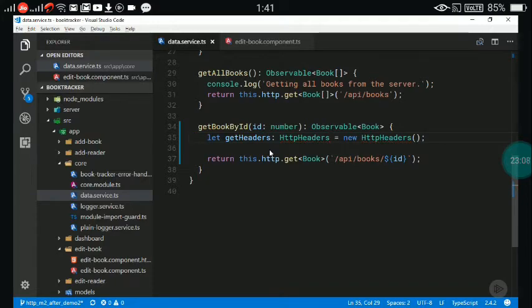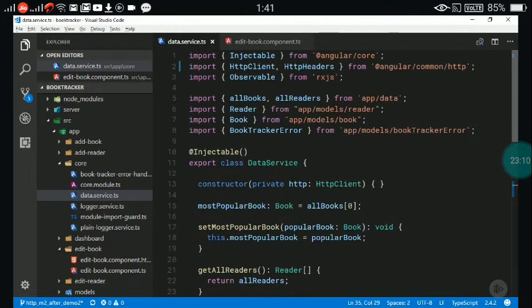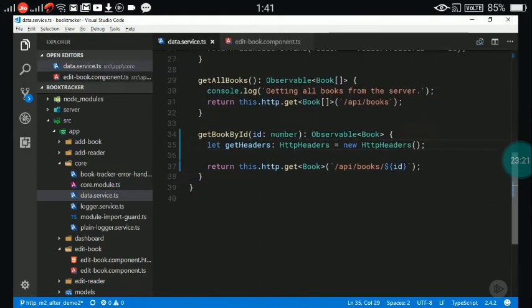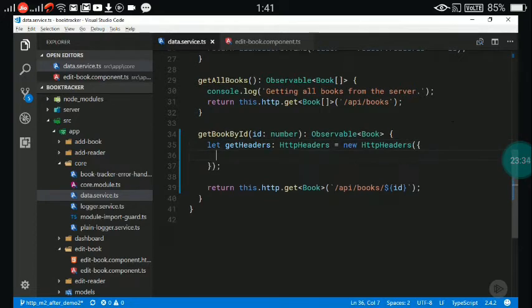The error then goes away, and if I quickly scroll back up to the top of the file, you can see that HttpHeaders is now being imported from the same module as Angular's HTTP client. Okay, there are several ways I can specify the headers I want to use, but I think the easiest to implement and read is to just pass an object literal to the HttpHeaders constructor. I'll add a pair of curly braces, and then I can just include the headers I want as properties on this object literal. I want to tell the server that I want JSON data returned, so I'll add an accept header and give it the value